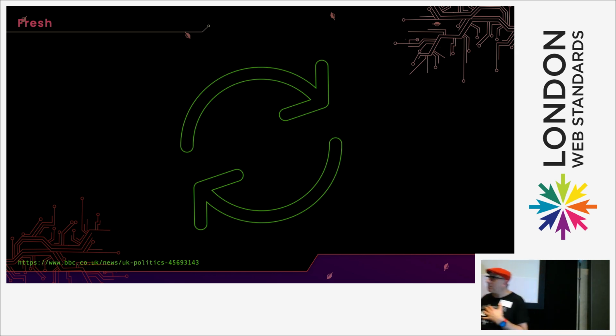Now, if I was a bad person, maybe like a Tory, I wouldn't update that, and then I would keep everybody's data. But if it had been a progressive web app, it would have just updated as soon as there was a network connection. And all of that bad stuff would have disappeared. But if it's a native app and somebody chooses not to update it, then it's not going to be fresh.